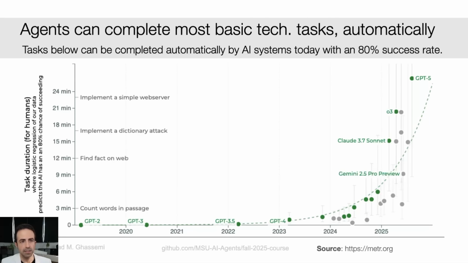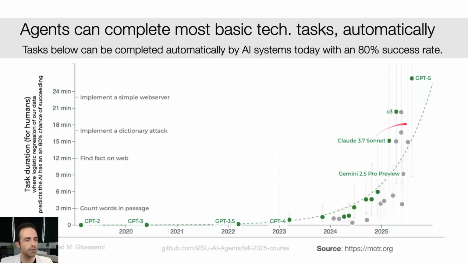What's really impressive about AI agents and agentic AI systems is what they can already accomplish and how much human time they can save, especially in our domain. If you're taking this class, I assume you are either a computer scientist or you're computer science adjacent.